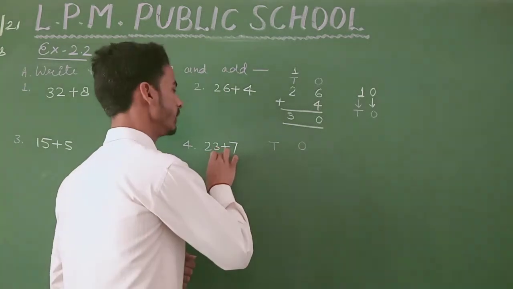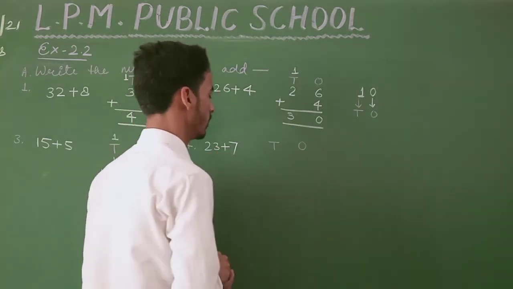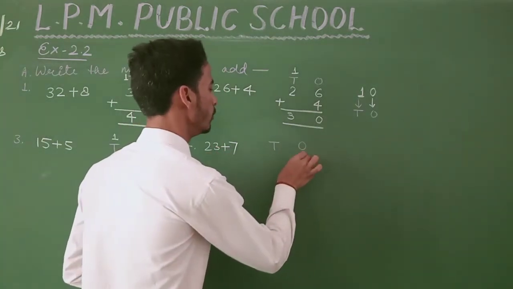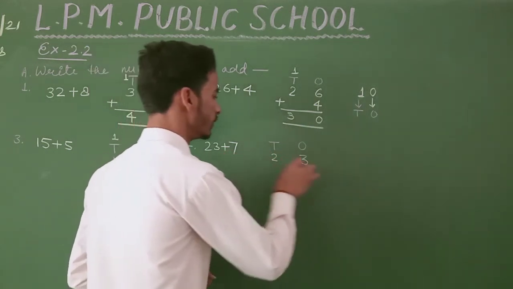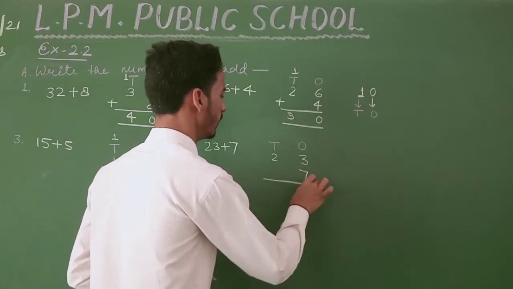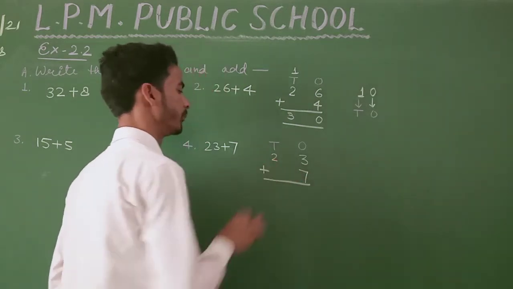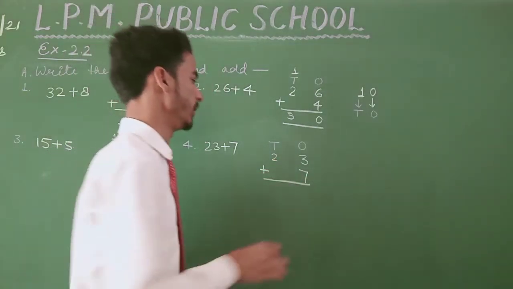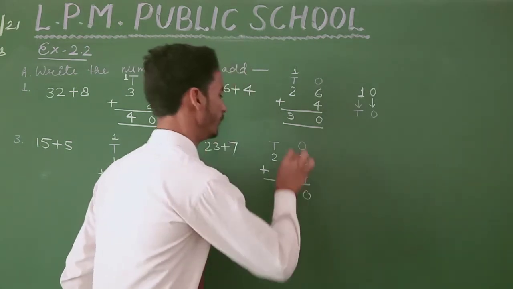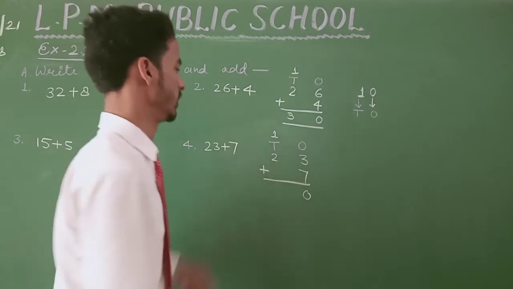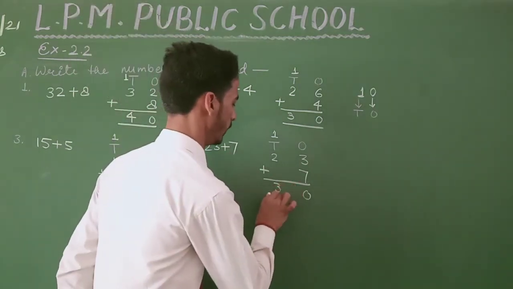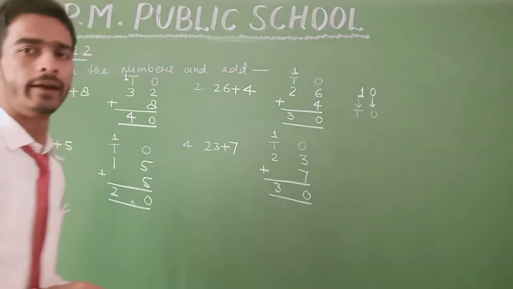In 23, 3 is on ones place and 2 is on tens place, and in 7, 7 is ones. So we arrange it in the ones column. 7 plus 3 makes 10, and now we place 1 carry here. And 2 plus 1 is 3, that is 30. And the next question is